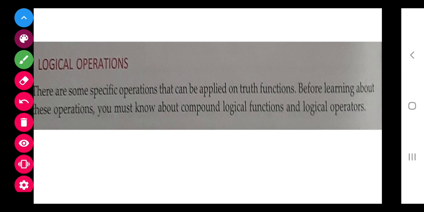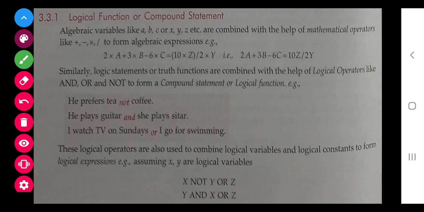Now class, the logical operators that bind these statements together. Number 1 is AND, number 2 is OR, then NOT. Now we are going to study how to combine the statements. First of all, he prefers tea, not coffee. So here NOT is used. He plays guitar and she plays sitar. So AND, you all know the meaning of this, means both the statements must be true.